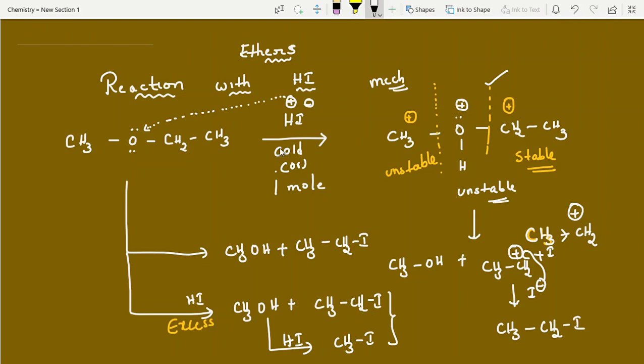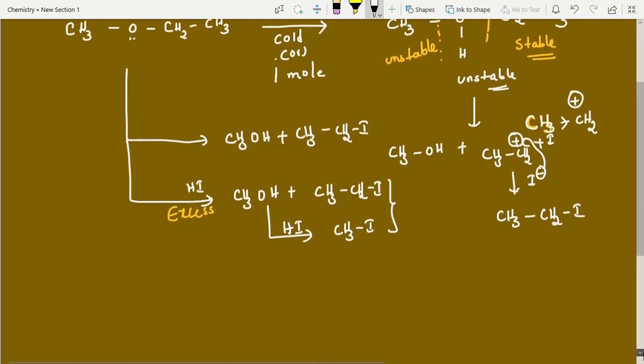When only 1 mole of HI is used, there is a problem. Why, students? Where is the breakage, where does the stable carbocation form, where does I- further attack? It is a little confusing. So I will explain in detail, discuss more points, and give you a detailed explanation.